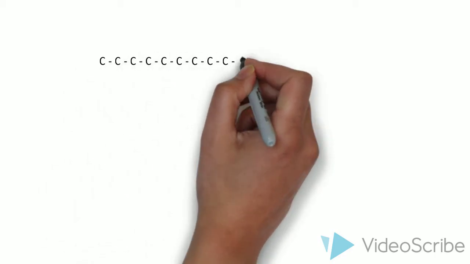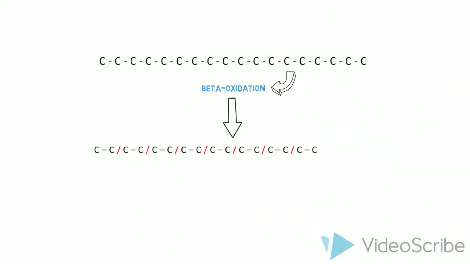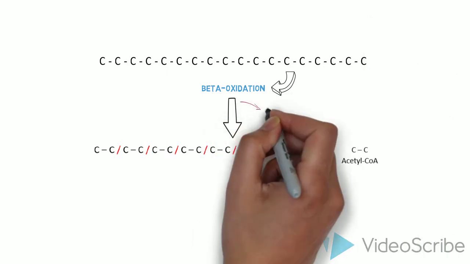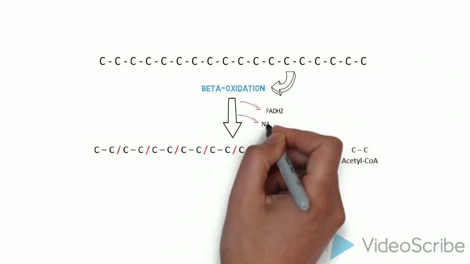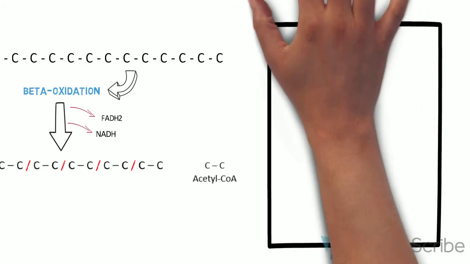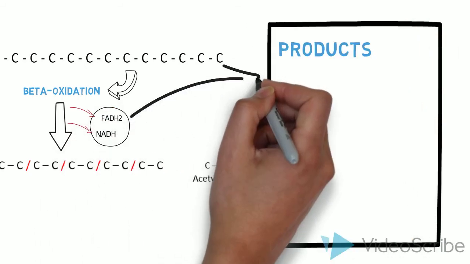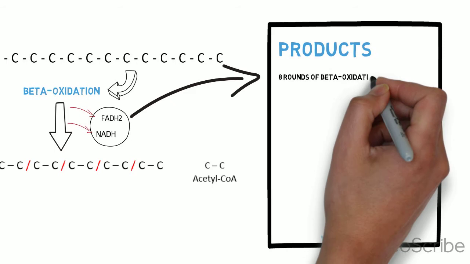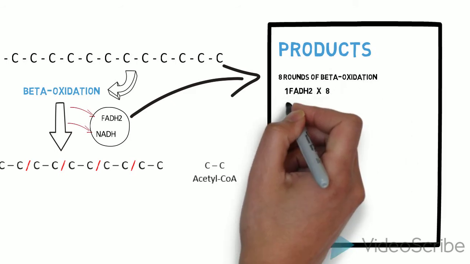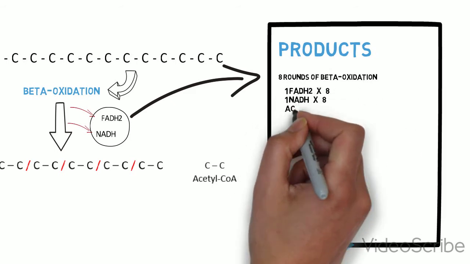So here we have a typical 18 carbon fatty acid, which will be broken down through beta oxidation. Each round will reduce the length of the fatty acid by 2 carbons and give us one acetyl-CoA molecule. Each round gives us one FADH2 and one NADH. For an 18 carbon fat, we require 8 rounds of beta oxidation, meaning that this will produce 8 FADH2, 8